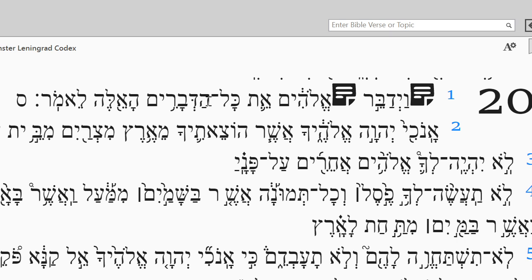Here we see another example of a prefix. We see the prefix ha being translated to the beginning of the word debarium. Now here you have the word debar, which again is the same word you see here. Okay, the only difference is that in this case, the first word wayadabar, debar is being translated as spoke or spake. Okay, here debar is being translated as word.